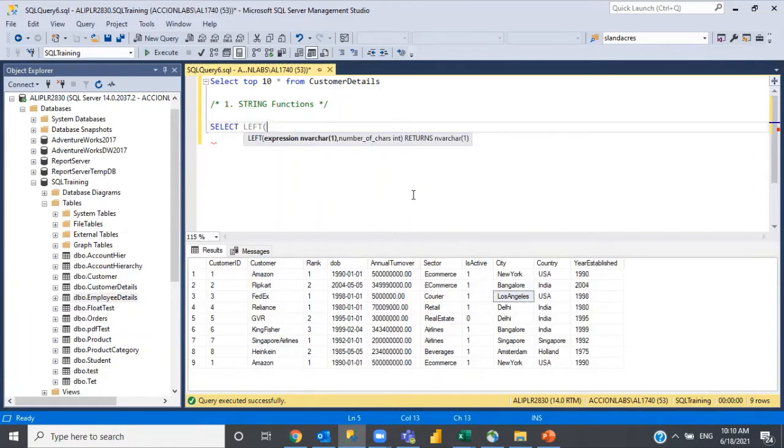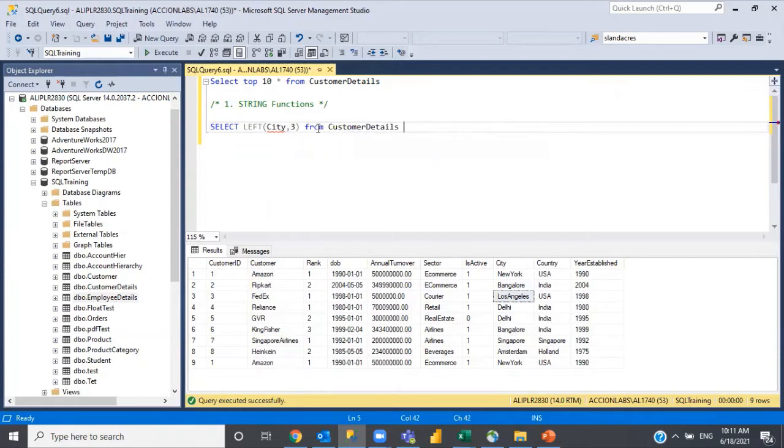So let's see how it goes. I'm passing the city parameter, and the second parameter is three characters. I want to extract three characters from this city column starting from the first, so I am using left city comma 3, from customer details.